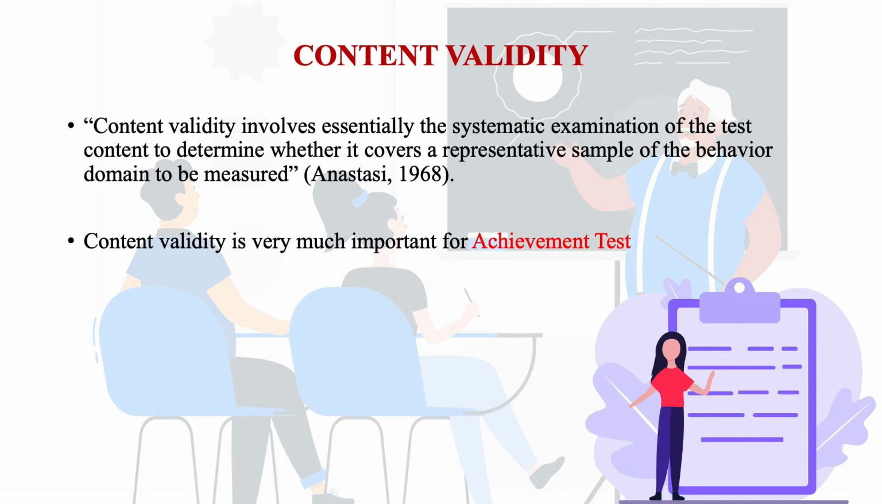And here we can say content validity is very much important for an achievement test, because an achievement test is related to the subject content. So if you have prepared an achievement test, then definitely the content aspect of the achievement test should be examined, should be verified, should be tested. Okay, so this is one of the very important parts of content validity so far as an achievement